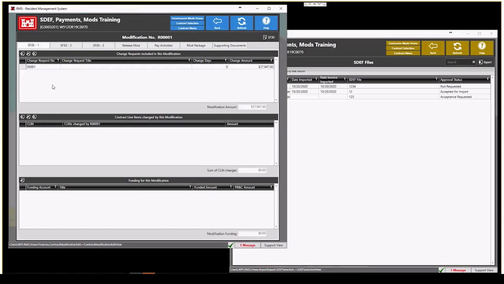Again, if there are missing dates, they will not appear. You will not be able to select them and add them to your contract. Notice it brought in this dollar amount. When you go to the CLIN area, this middle area, you can automatically create a CLIN to balance this modification,